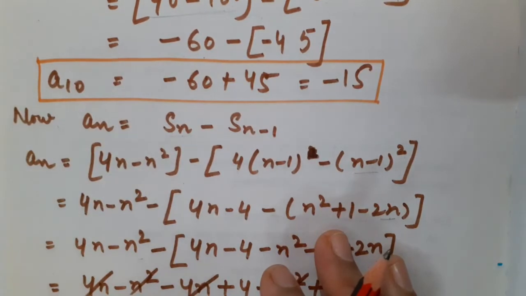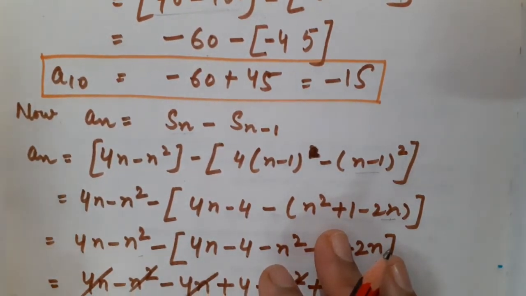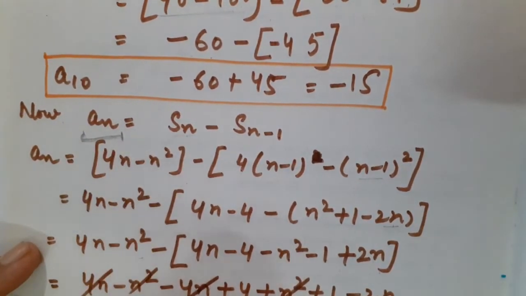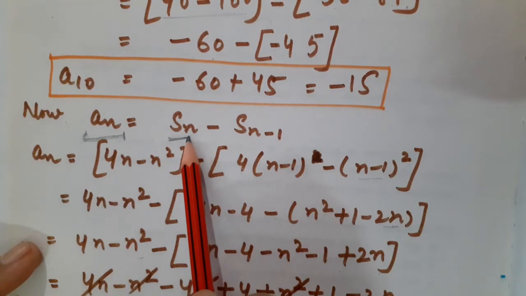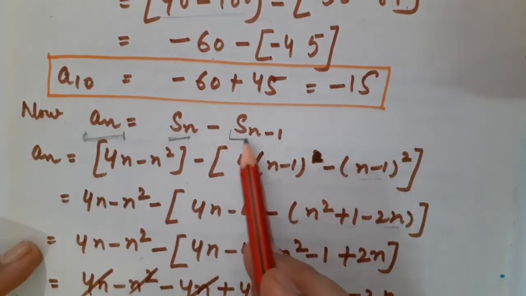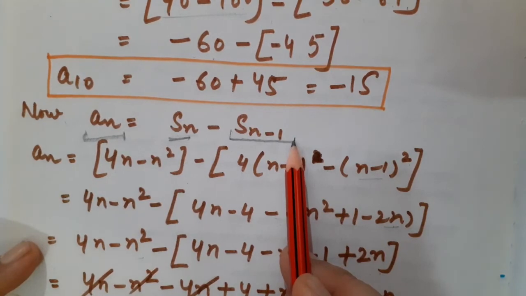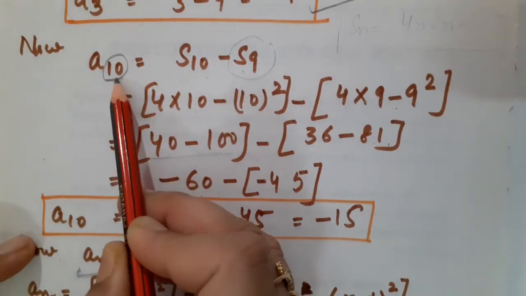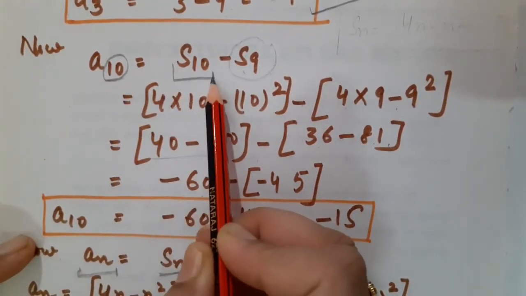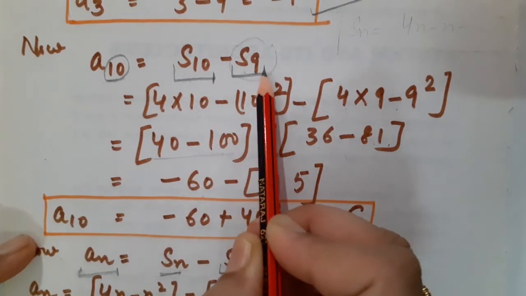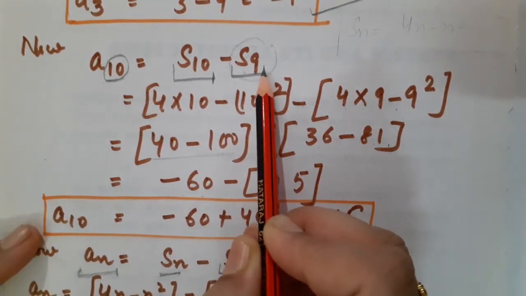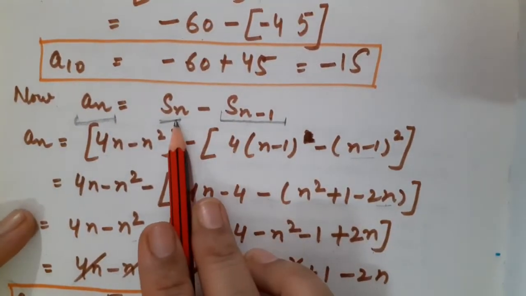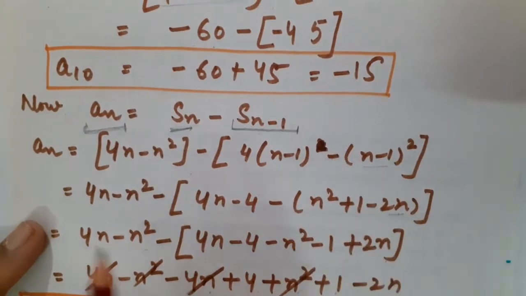Now I am going to explain to you basically the same concept on the basis of the generalized form. Whenever I have to calculate the nth term and I know the sum of the first n terms, it is very simple to calculate the sum of the first n minus 1 terms also. Because till now, children, we were doing the same. As we were going to calculate the 10th term, we were taking the sum of all 10 terms and we were going to subtract the sum of the first 9 terms from it. 9 is nothing but the term preceding 10. In the same manner, n minus 1 is also preceding n. Correct?